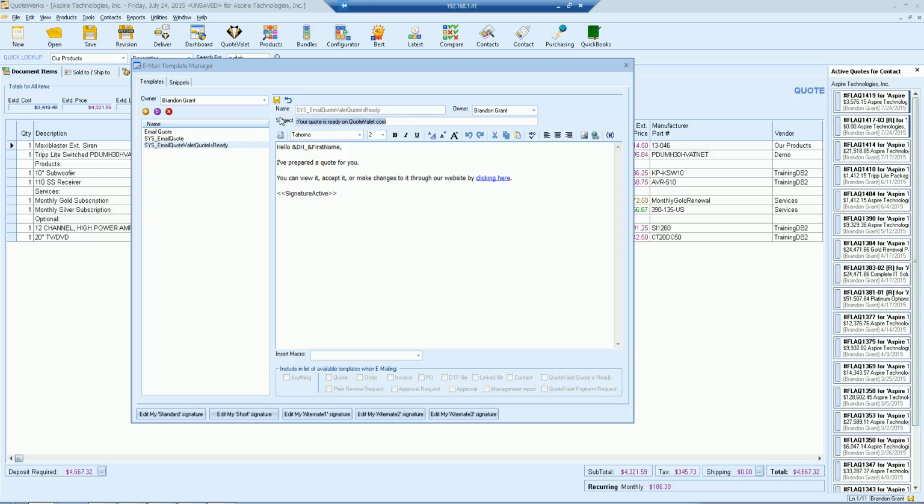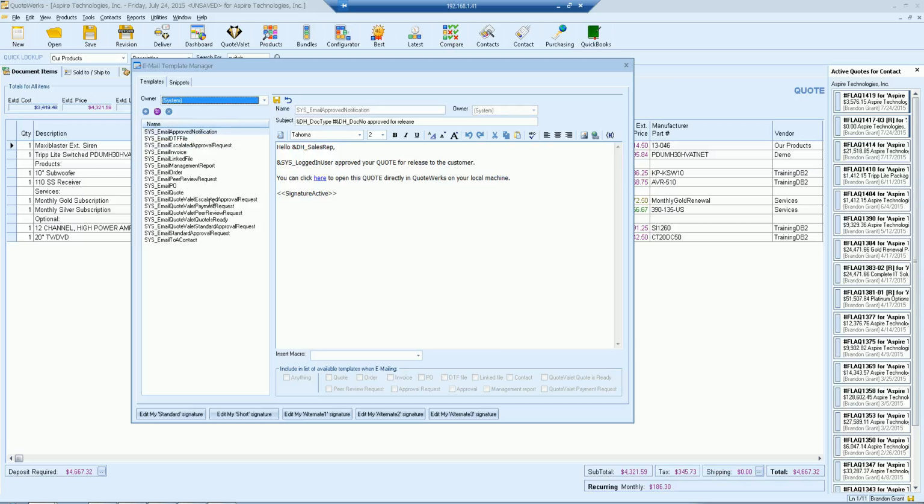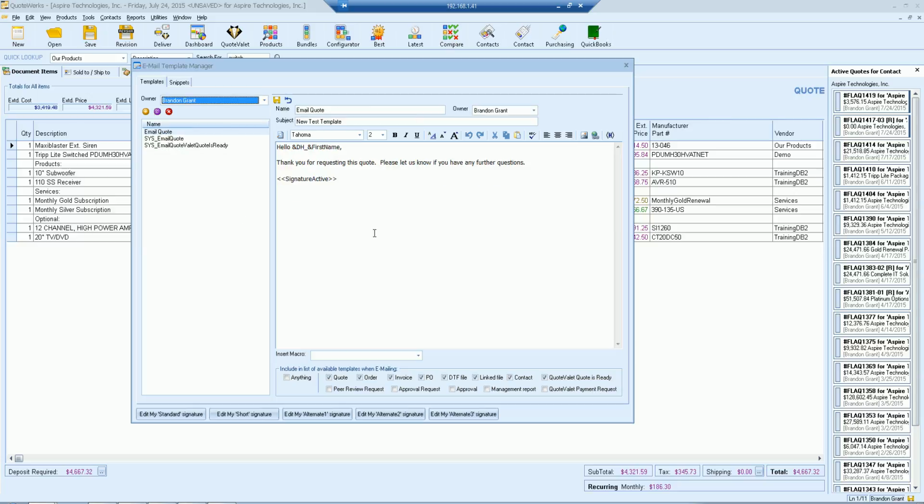Same thing with the subject. The subject is going to be set here, so you can change the subject as well. So that's just one of them. Like I said, all of them are available to be changed. Like I said, I recommend just cloning them. One other thing I wanted to mention is that when you do set an email template,